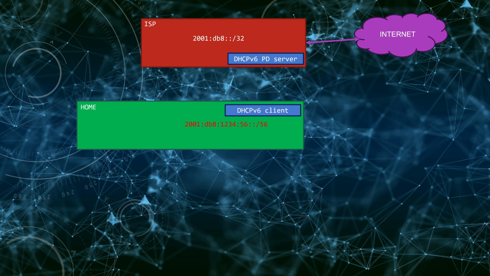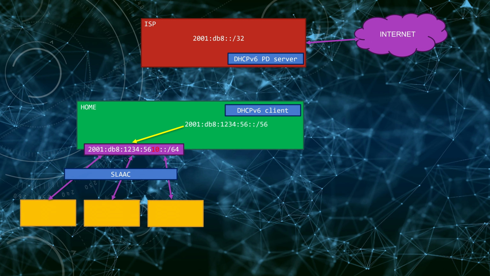In our example, ISP delegated 1234:56::/56 prefix to the client to use. Mind that we've not received a single IP from the DHCP server. We did receive a prefix, a pool of addresses. So basically, we did receive 256 networks, each /64 in size. Now we can assign one of those pools to our internal interface. Then we enable stateless auto-configuration on that interface, so all devices on the internal network will get the address via